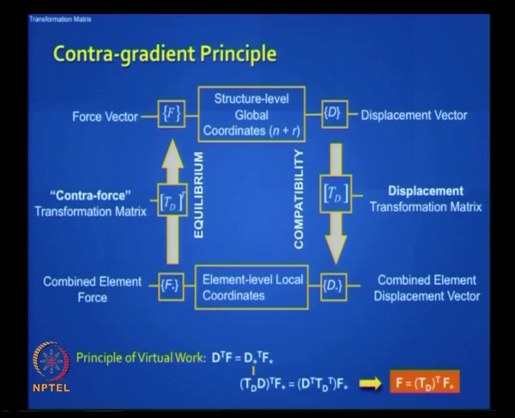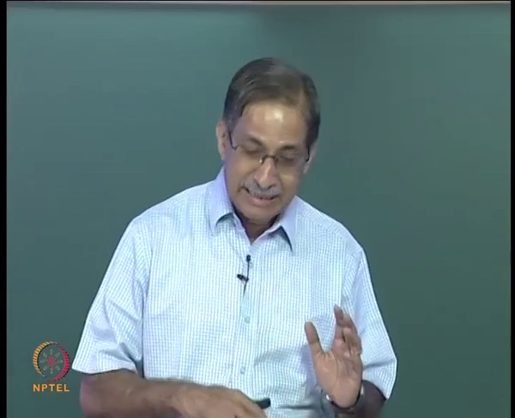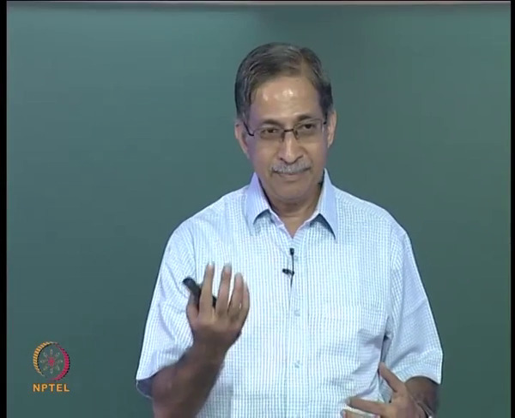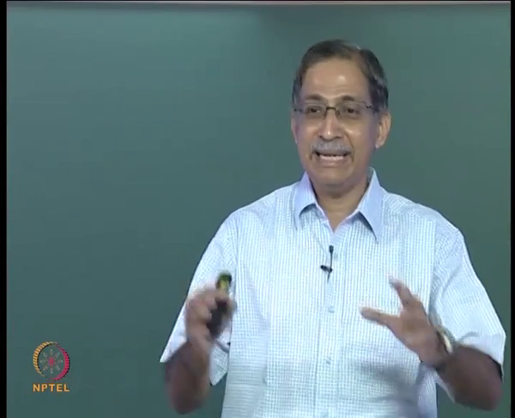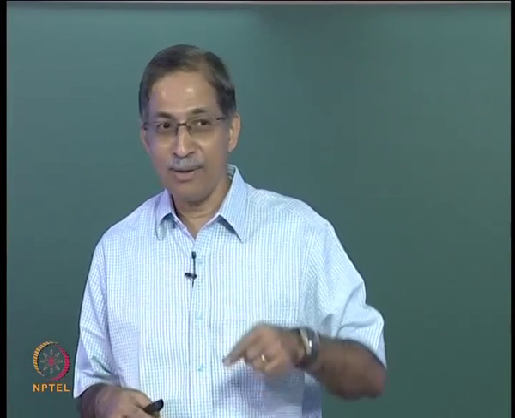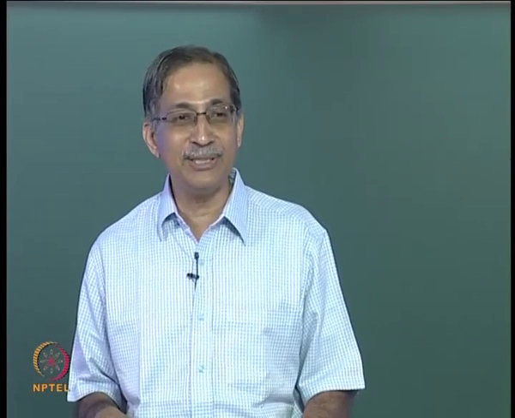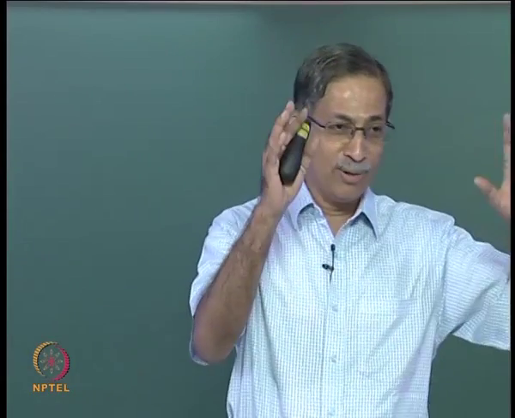once you have established the TD matrix, you are also simultaneously linking the force vector at the element level to the joint forces. In terms of a truss, what we are saying is, if you know the bar forces in the truss, then the joint loads that could have caused those forces are related in this way, but it is not a very useful relationship, in the sense the normal problem is you have unknown bar forces and you have known loads. Okay, the real problem is that, but this is useful in building up the force transformation matrix.